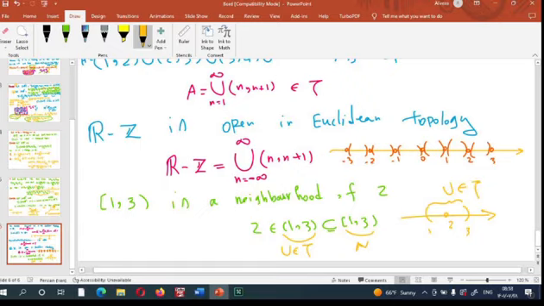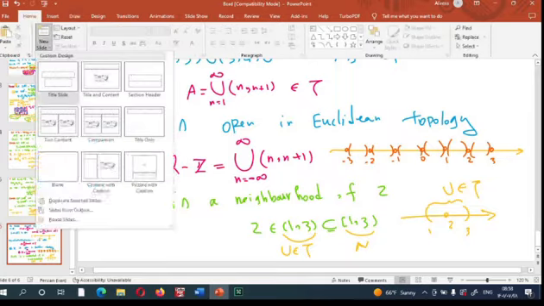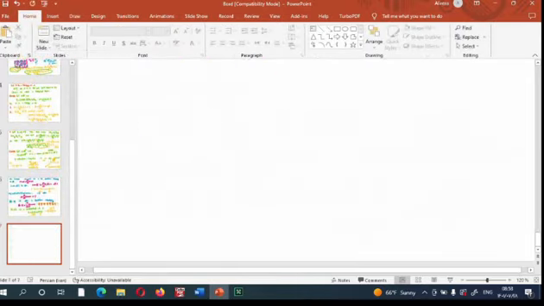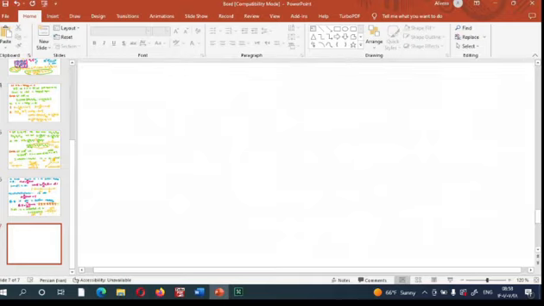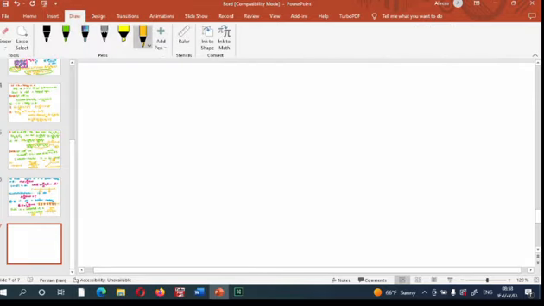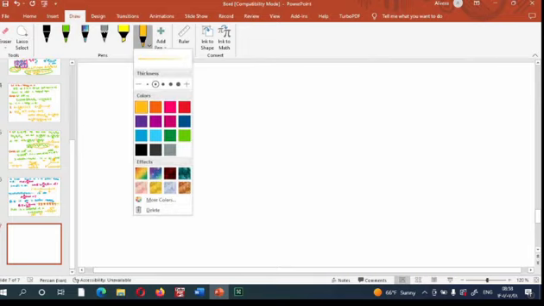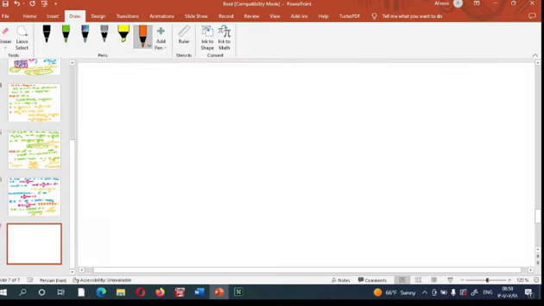A member of the topology. As another example, this is a neighborhood of